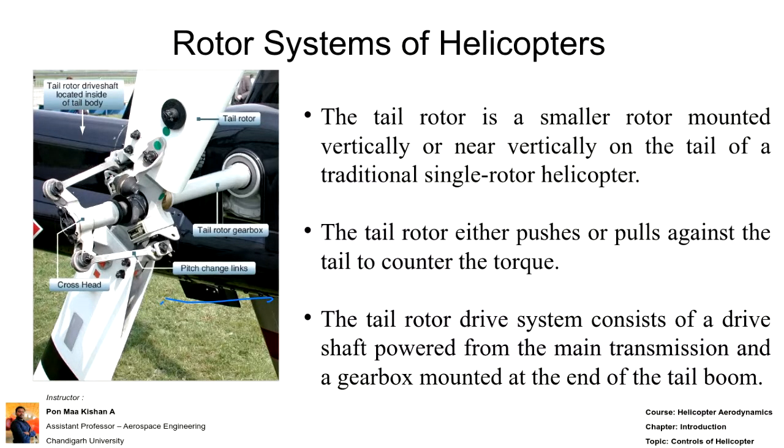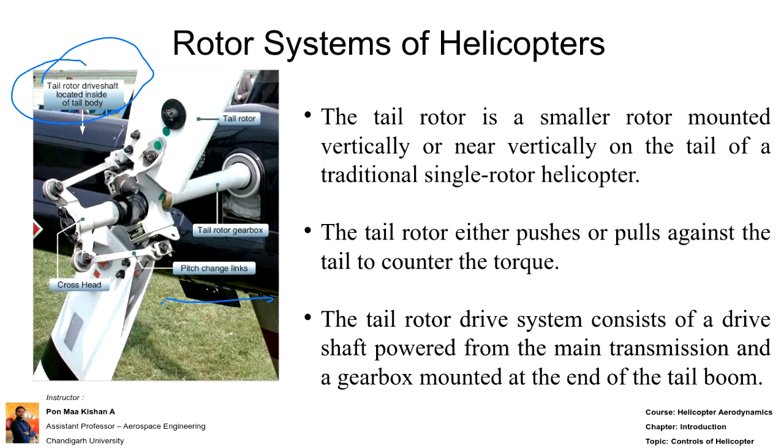So the main shaft is located over here, the main shaft and the tail shaft. The tail rotor is here, the main rotor is here, but the shaft is aligned in this line. That is our mast. The power engine will be placed in this place only. The power has to be transmitted to our tail rotor, so throughout the body of the fuselage a tail rotor drive shaft will be placed. That is what is mentioned in the image: a tail rotor drive shaft located inside the tail body.